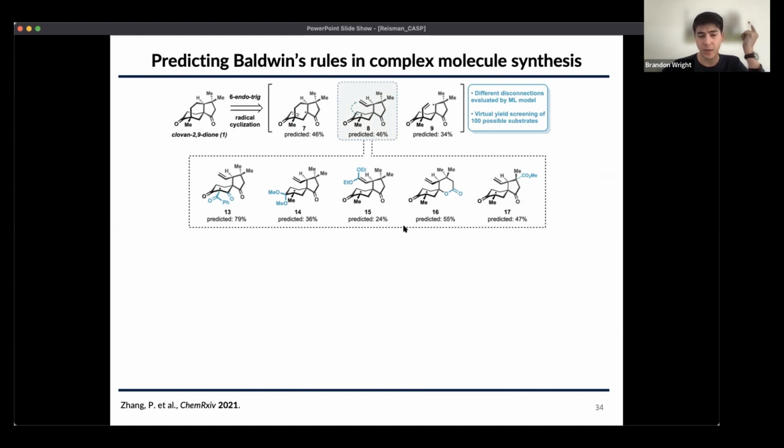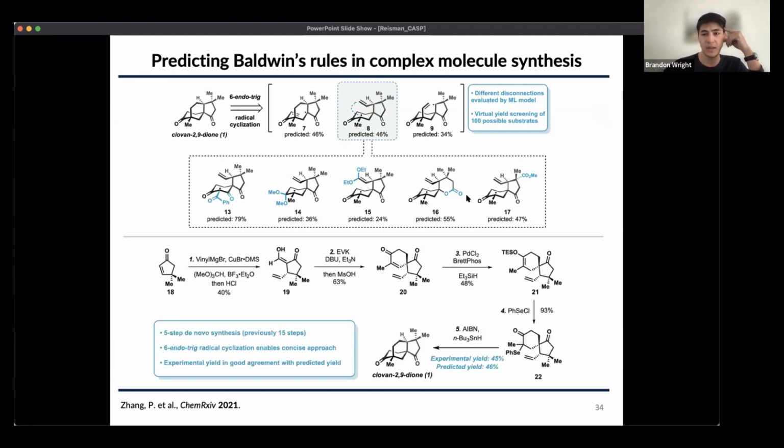So once they decided that, okay, this seems to have a fair shot according to our machine learning model, they went ahead and they prepared these compounds in the laboratory. I'll just sort of briefly highlight the synthesis here. They started with this cyclopentanone 18, and then did a vinyl cuprate addition, followed by trapping with formaldehyde to give compound 19. This compound was then subjected to Robinson annulation conditions to give this cyclohexenone 20, and then palladium-mediated hydrosilation